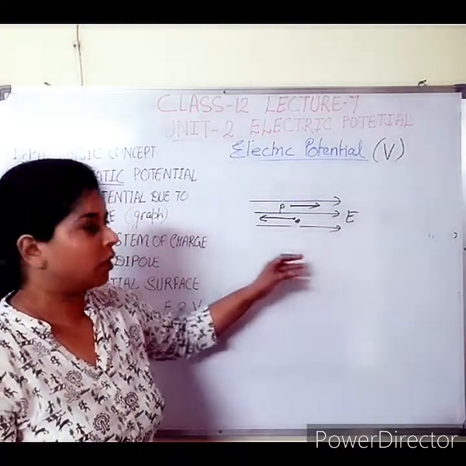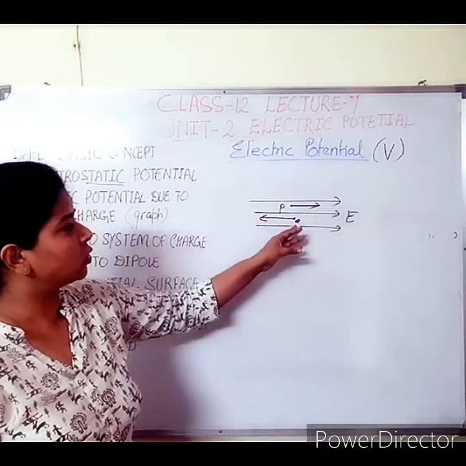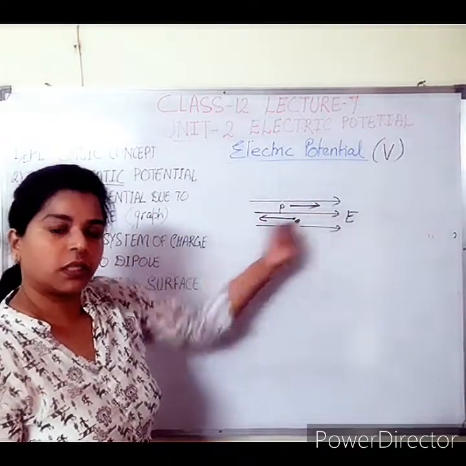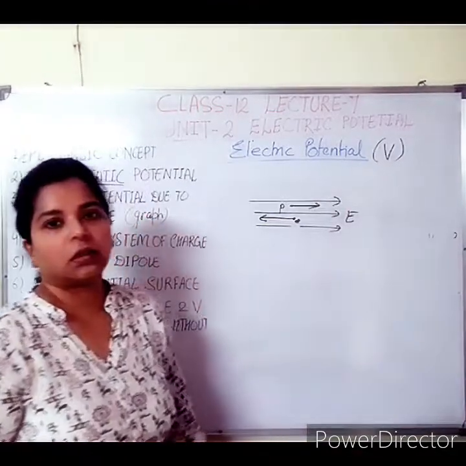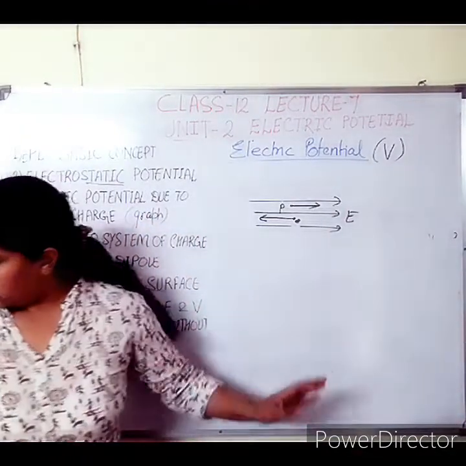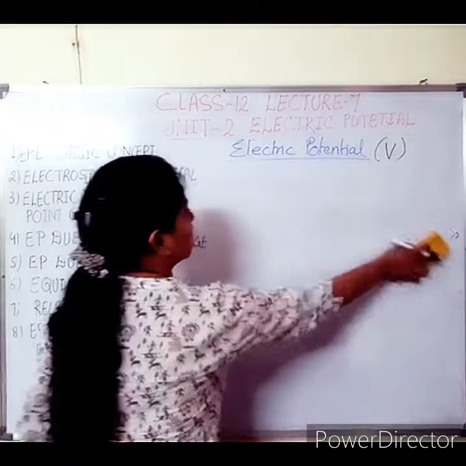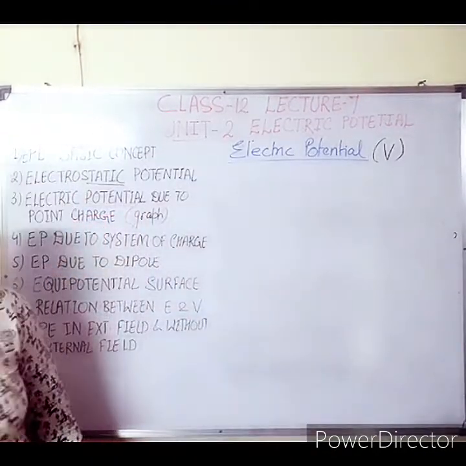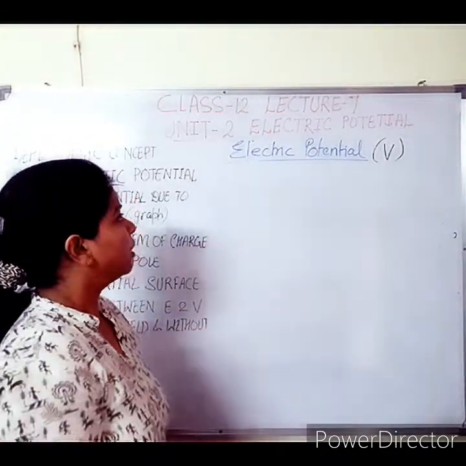It will decelerate. If we forcefully want to push this electron towards the direction of field, it will decelerate. We need to apply more and more force to move it in the direction of field. Okay. So that is the very important conclusion here. I hope you have written all these points. So this one is the base concept, electrostatic potential.